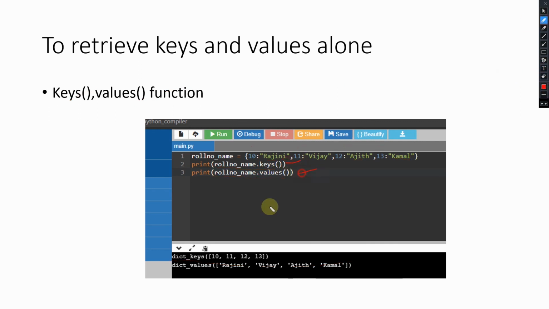Once this statement is executed, you see the keys 10, 11, 12, 13, which are the keys in this variable roll number name, and dict values. As you see, it is the names, or the values, which are stored in here. So you use keys to get the keys from this data type, or you can use values to get the values of this data type, which is roll number name.